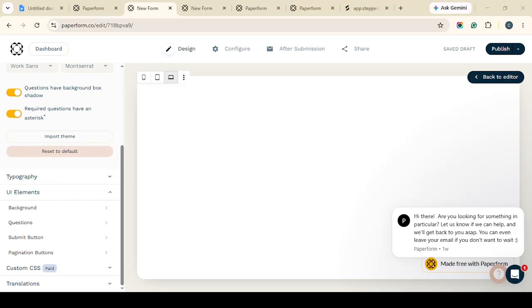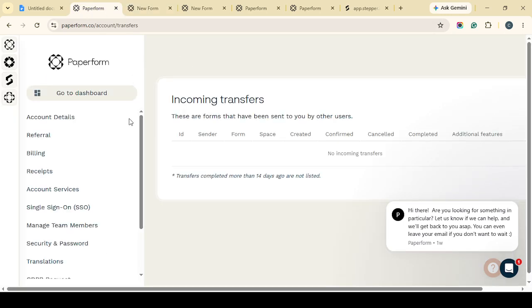In today's video, I'm going to teach you how to activate your Paperform integration plugin in WordPress. To get started, head directly to the plugin installation management area inside your WordPress dashboard. This is the section where WordPress stores all of your installed plugins and lets you manage whether they are active